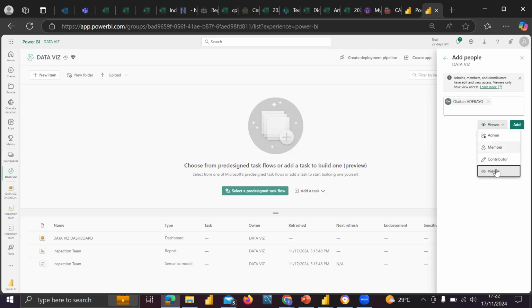We have another role after the viewer role. We have the contributor role. Contributors can make changes, can edit a bit, but cannot delete your work, cannot do any other things. So there are a lot of restrictions that you can place, depending on what sort of roles you want your colleagues or your team to have. You can come here, you can add. I'm not adding this particular person within my workspace, so I'll just delete it. So do you guys understand how you manage your role access within your workspace?